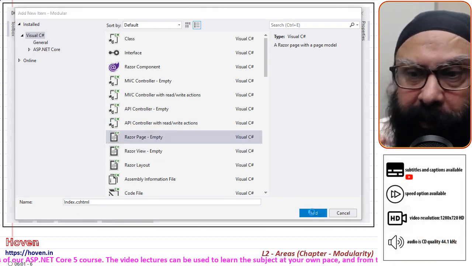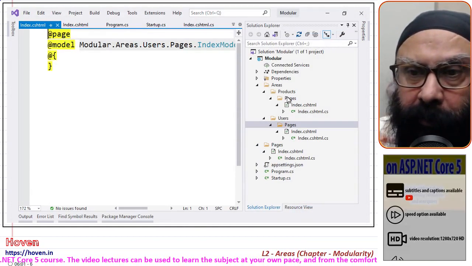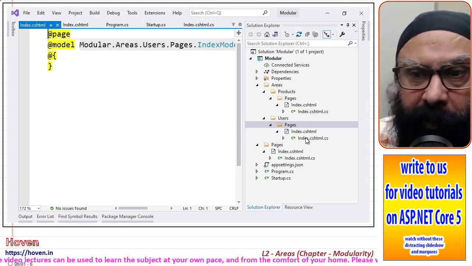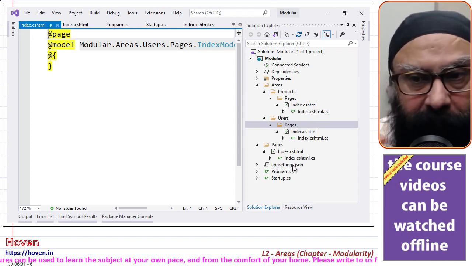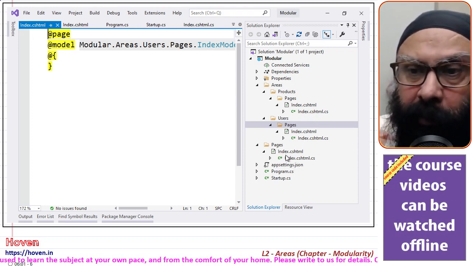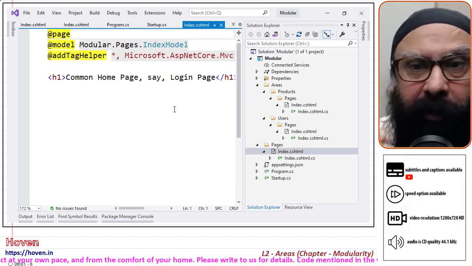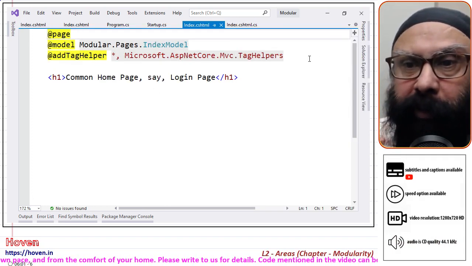This is a Razor page being added once again. Now you can see that I have a hierarchy: Products, Pages, everything, Users, Pages, everything, and Pages, everything. Now our objective is to add navigation. So let us see how we can add it. I'll fold it this way.